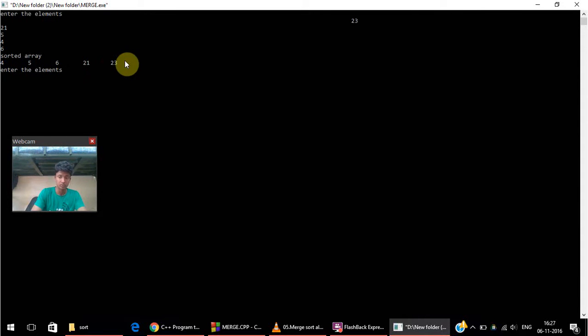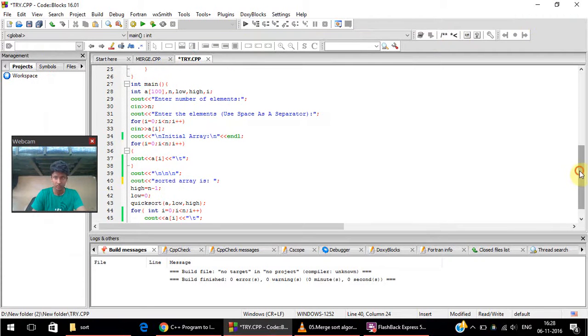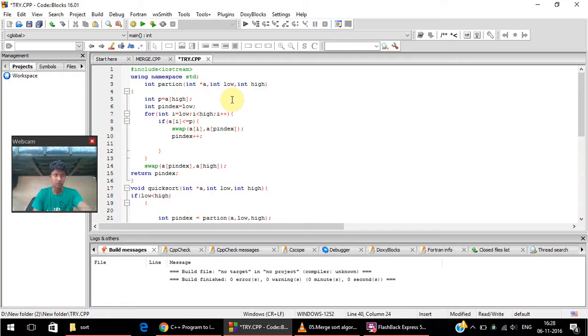So again it asks to enter elements: 12, 25, 41, 100, let's say 200. That's all. Now let's check the quicksort array, how it works. In quicksort,